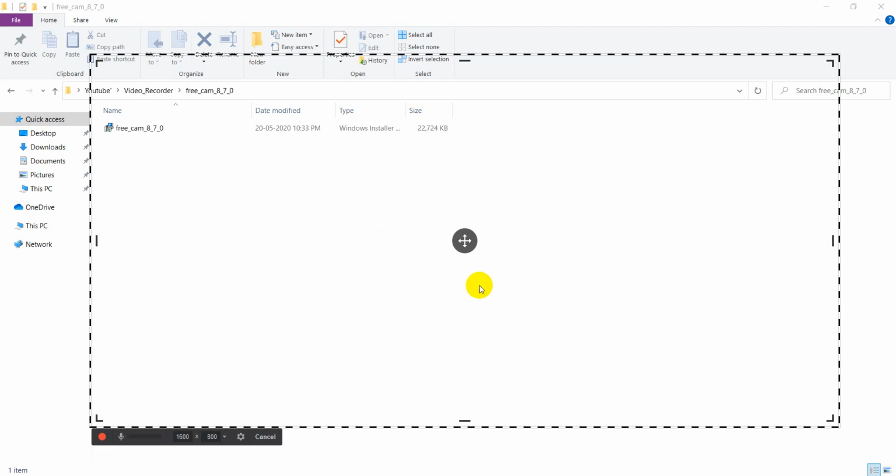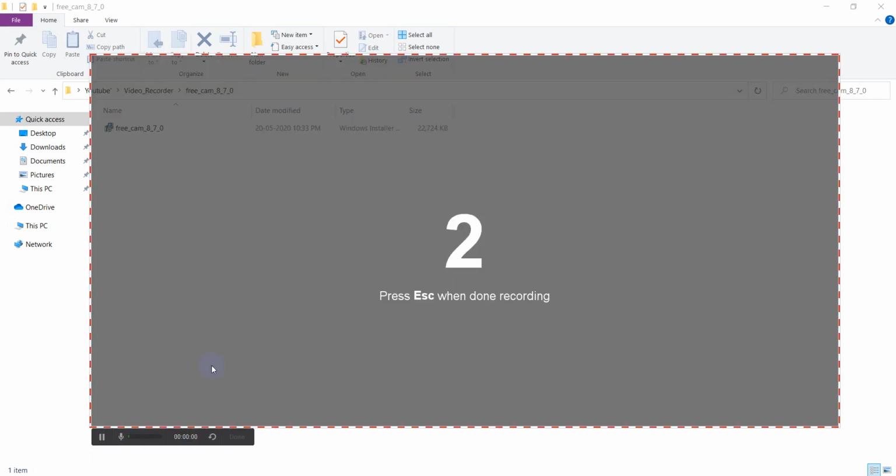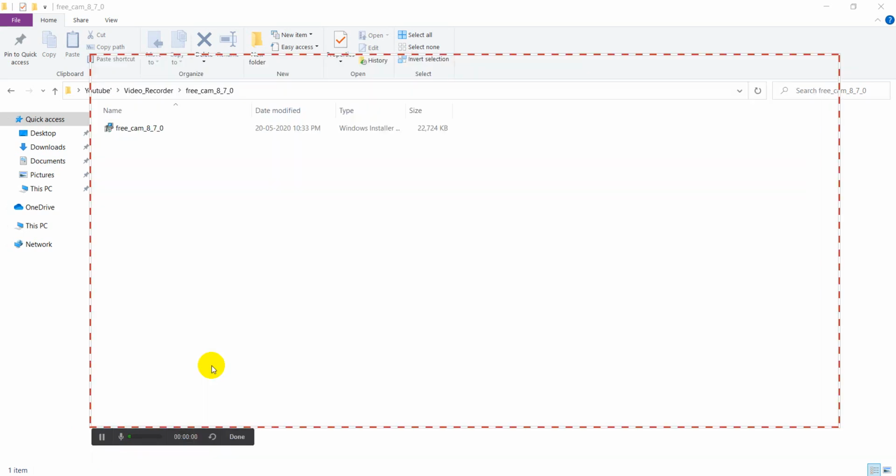Okay, click OK. To record your screen, you need to click on this record icon, or else F9. I am clicking this record icon and screen recording starts in 1 second.